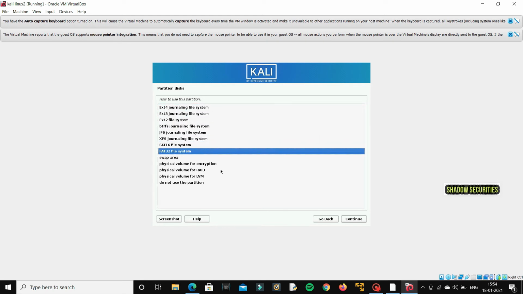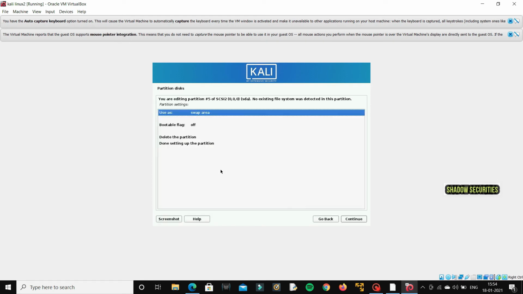When we give a swap area, the Linux machine will use this swap area as RAM and continue the process, and it will stop the crashes of the operating system.